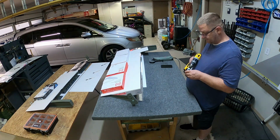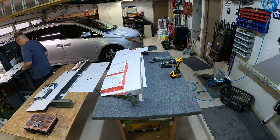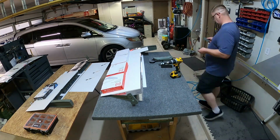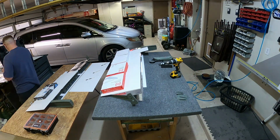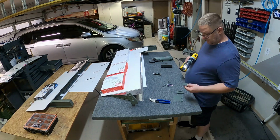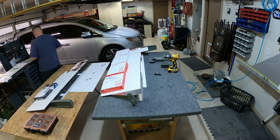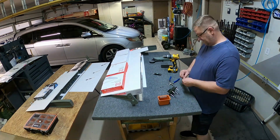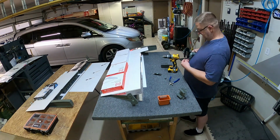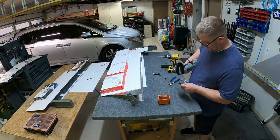So this is the panel door that the trim tab motor attaches to. That's what I'm working on now. And it's pretty simple. A couple of rivets hold the brackets on, and then you pop rivet the motor onto the bracket itself. And then you'll see later on in this video me doing the electrical, hooking the mini Molex connectors onto the wires. I'll get to that point here in a little bit, but just so you know,